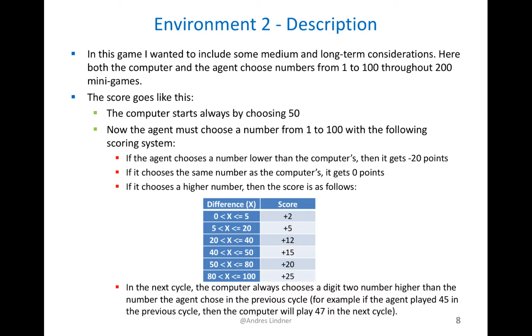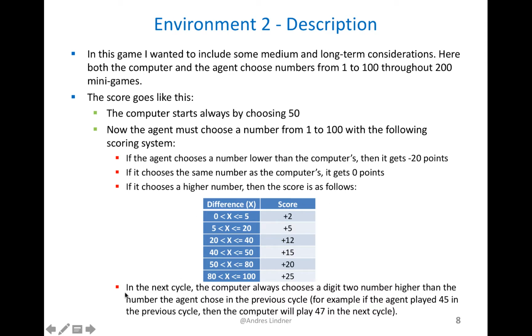And then the agent has to reply with a number again from 1 to 100, and the scoring system goes as follows. If the agent chooses a number lower than the computer's, it gets minus 20 points. If it chooses the same number as the computer, it gets 0 points. And if it chooses a higher number, then the score is as follows. If the difference between the number chosen and the number the computer chose is higher, you'll get a higher score according